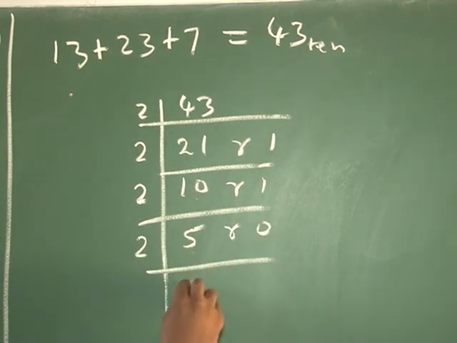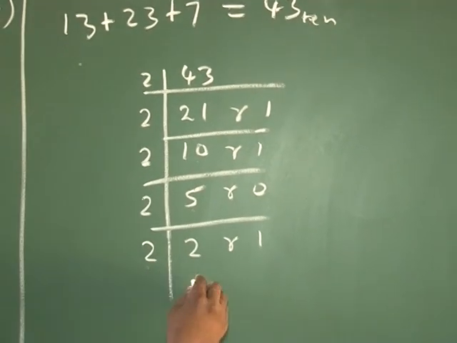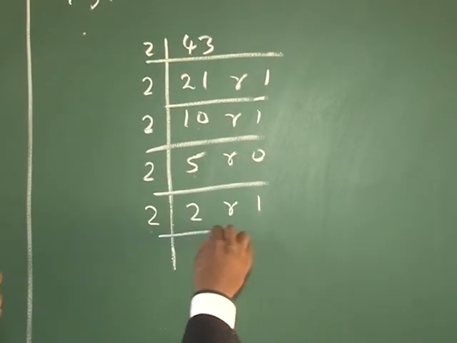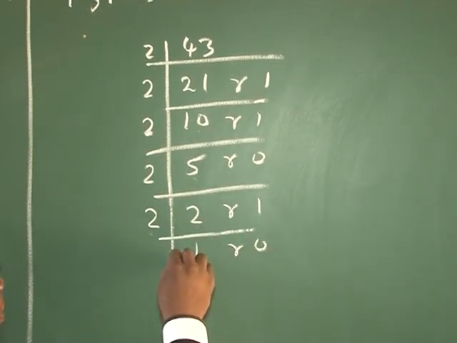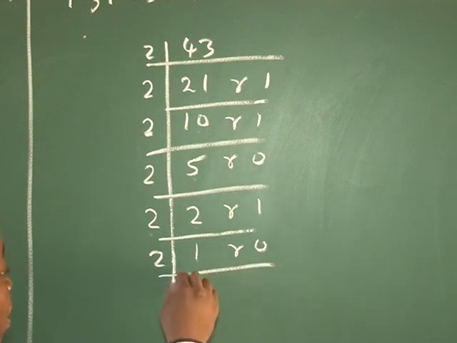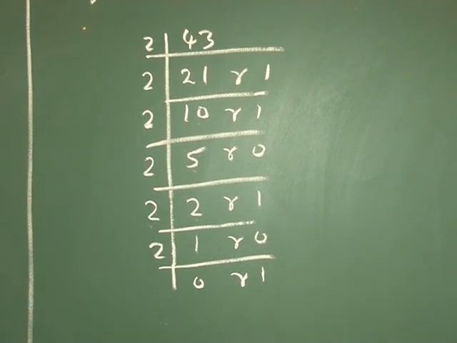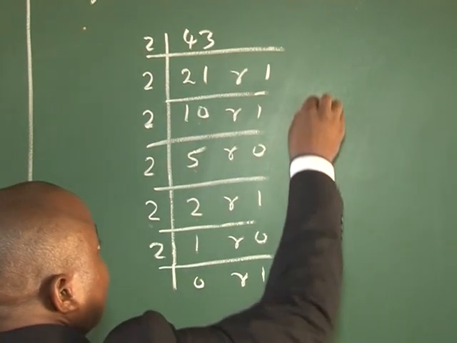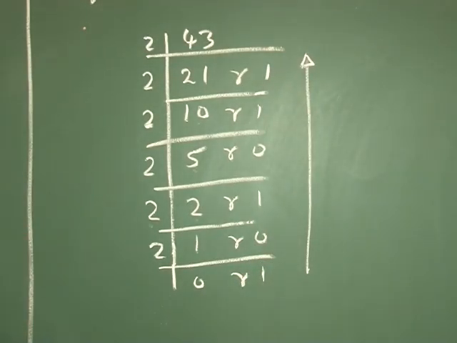This divided by this gives us 2, remainder 1. 2 divided by 2 will give us 1, remainder 0. 1 divided by 2 will give us 0, remainder 1. And when we are converting in this way, we take the result from down to top. So therefore,